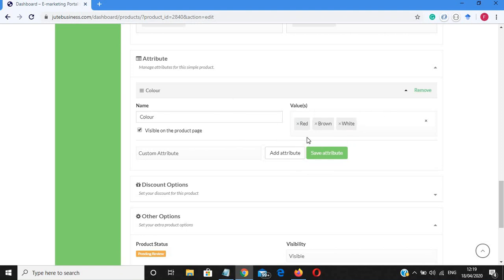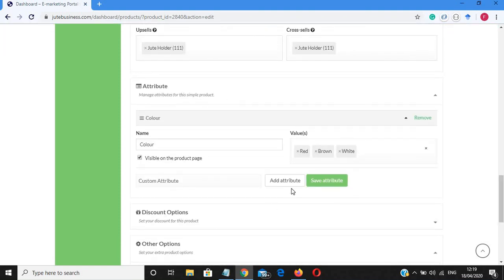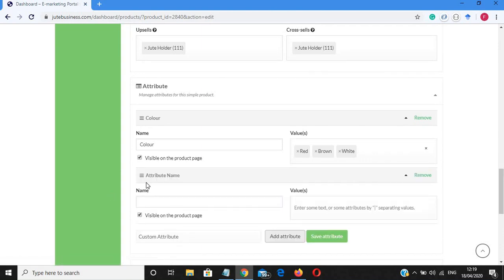Similarly, if you have 3 or more types of designs available for the same product, you can click add new attribute here and enter the name of the attribute, like design. Suppose I have a peacock design, so I can enter it here. If I have different types of design on my products, I can enter them here.